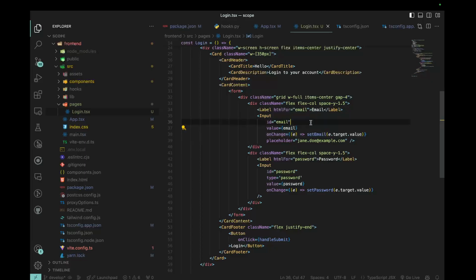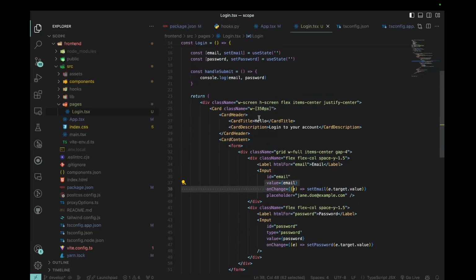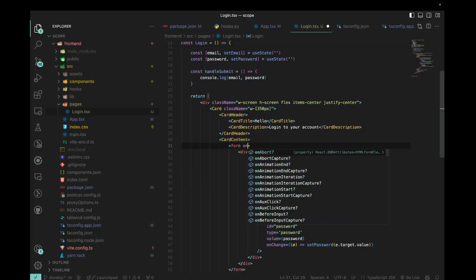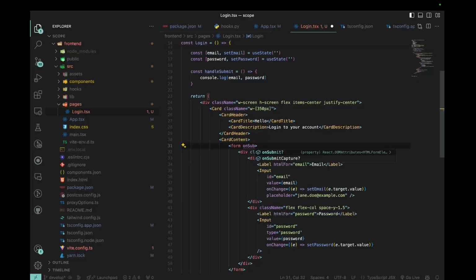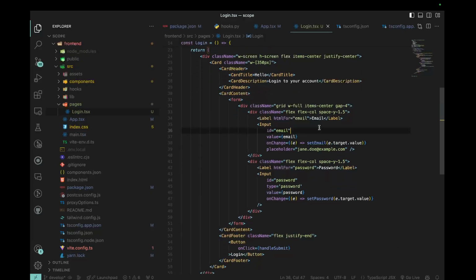The other way to handle this is to not use value and on change, but take this form and say on submit and handle it from there, right? That's also a good way to deal with forms. But I see a lot of people build forms like these. Works for a simple login page with just two fields. Doesn't really scale to very complex forms. So yeah,